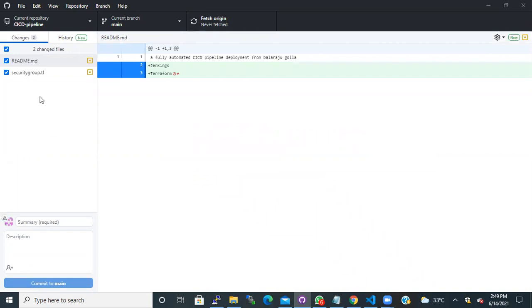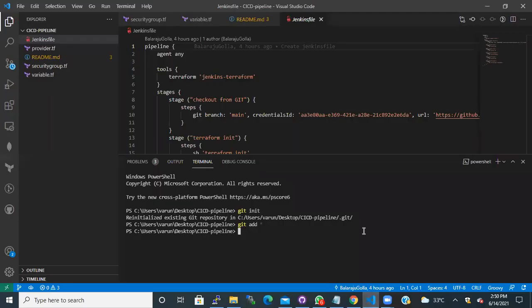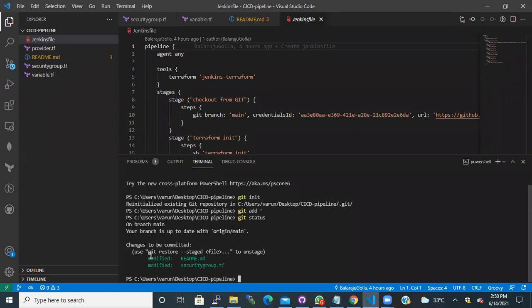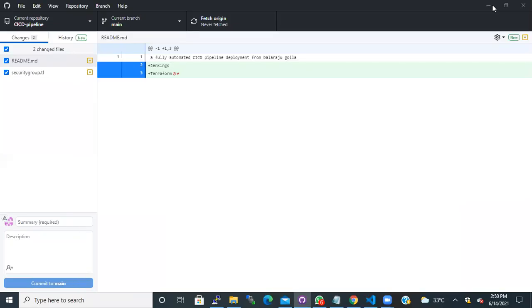As soon as I add the project folder, these are the two files that I have changed. This is what you can see in a GUI, and the same thing can be seen here by typing git status. Did you see the changes to be committed for these two files? The same thing you can see here in my GUI.